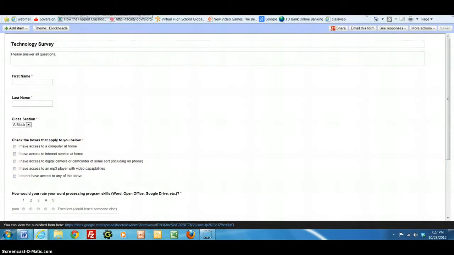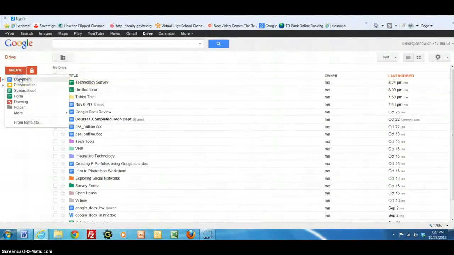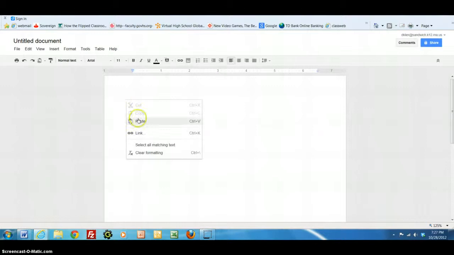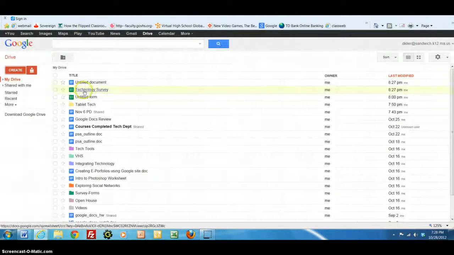And I'm going to go back to my Google Drive and actually see the survey there. I would paste that shortcut somewhere, maybe in a document or on a web page. I'll just paste it in a document for right now. But this is the link that my students or whoever would use to actually take the survey. I'm going to go back to technology survey. So when I come in here and I choose technology survey,